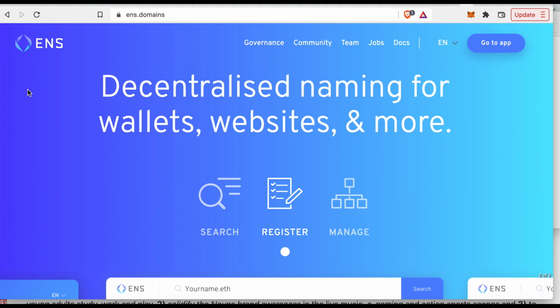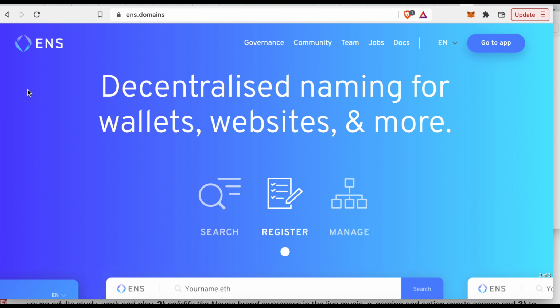So ENS stands for Ethereum Naming Service, and it is essentially the Web3 version of DNS, Domain Names Service, which is basically what allows you to use words instead of IP addresses to access websites. So back in the day, you would have had to type 129.354, etc., to access an individual website. Once DNS came around, you could now register NounPunks.com, and people could type that in easily to access your